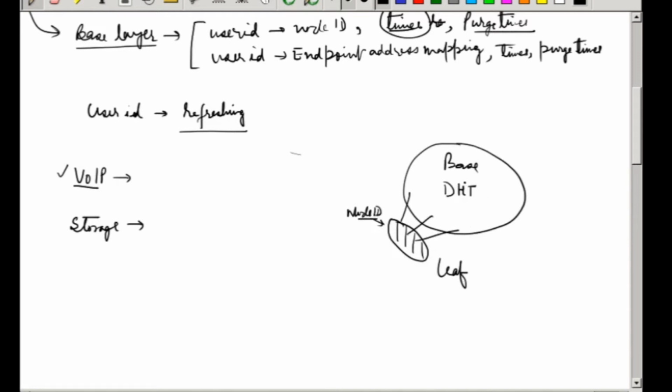Now, further taking up the concept, out of these some nodes may decide that they are only going to participate in providing storage space. So I will create a separate DHT for the storage providers. Okay. They will form a separate DHT. Now what will happen to these other nodes? They are not providing storage, but they need to use the storage. So they will become leaf nodes for the storage DHT.